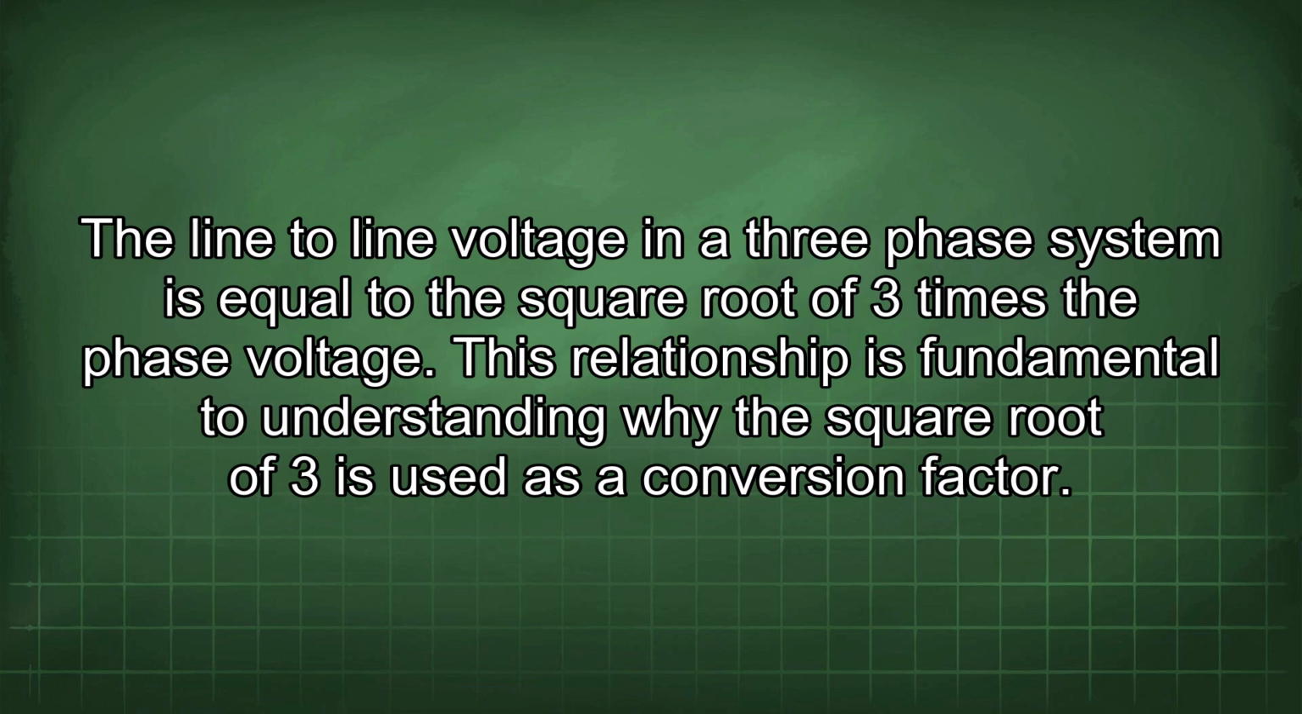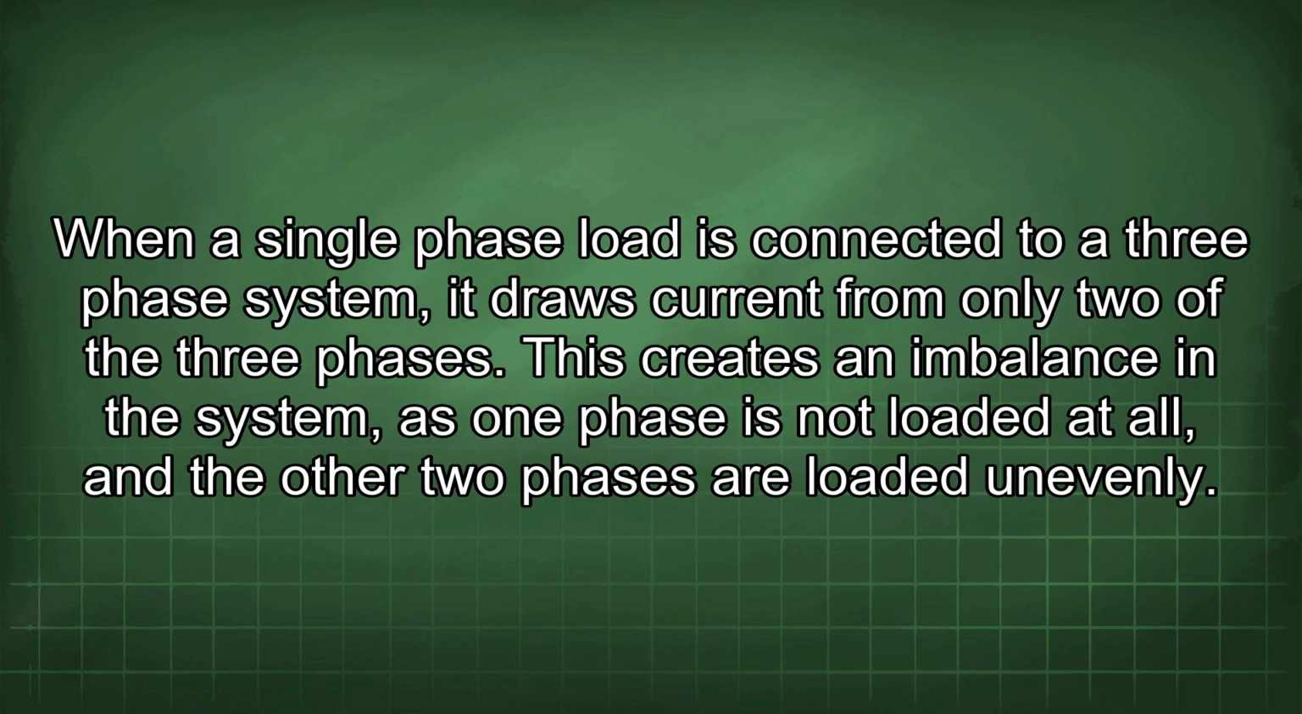The line-to-line voltage in a three-phase system is equal to the square root of 3 times the phase voltage. This relationship is fundamental to understanding why the square root of 3 is used as a conversion factor. When a single-phase load is connected to a three-phase system, it draws current from only 2 of the 3 phases. This creates an imbalance in the system, as one phase is not loaded at all, and the other 2 phases